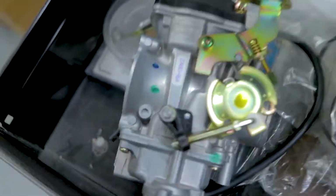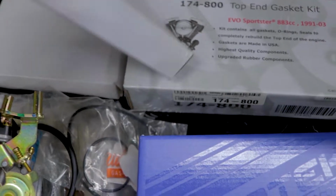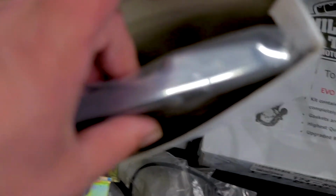in the near future. There's the brand new carburetor. That is literally a brand new carburetor. Look at this thing. I've got to take the kit out of the bike and put it into there. I got my gasket kits. These are brand new chrome